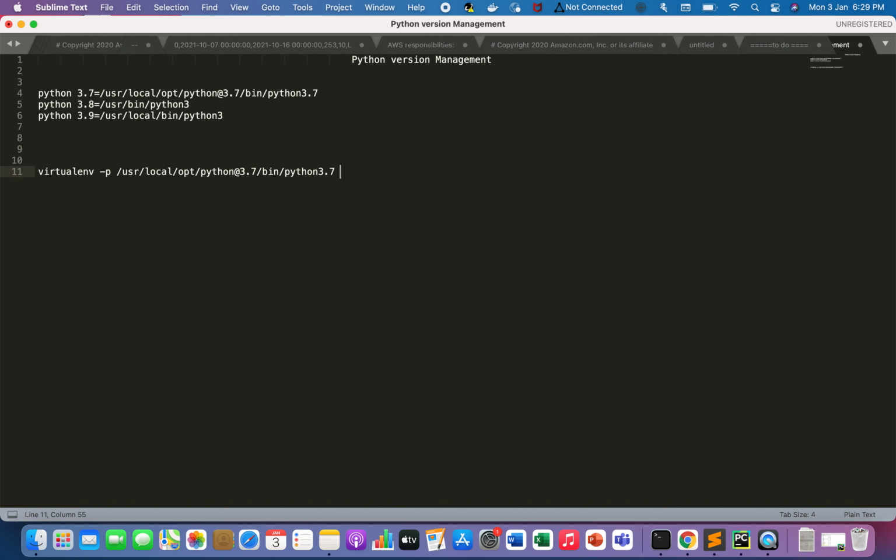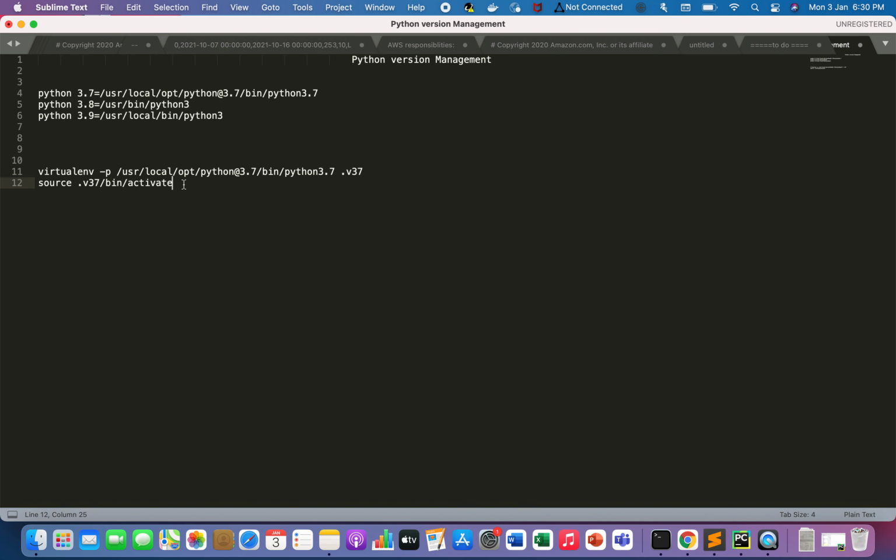And after that, I will give any custom name that will be remembered by us for any other references. Generally we'll use .v37, so let's give it 37. I will be reflecting this Python 3.7 version by the name .v37. This is my first command to create an isolated environment of version 3.7, and then I will activate this environment. For the activation, I will type this command: source .v37/bin/activate.